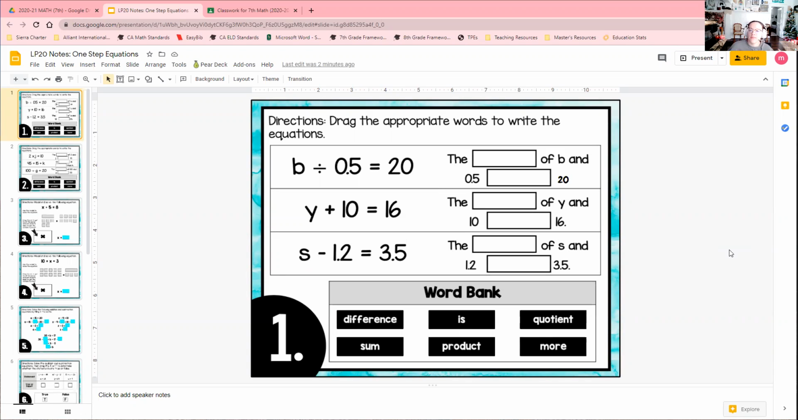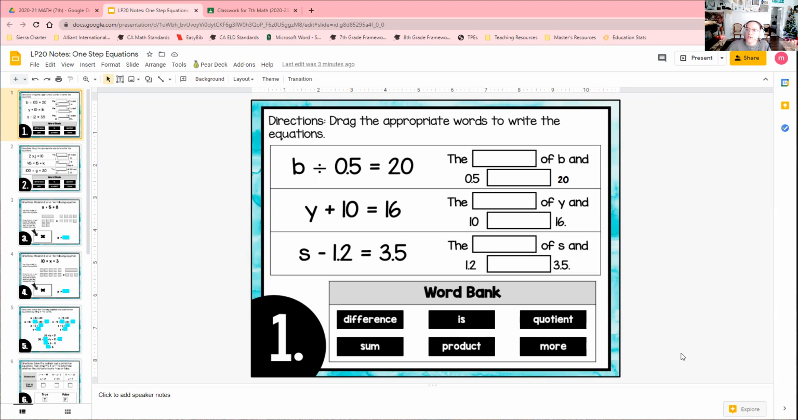So we're translating math back into English, making sure we understand what these equations are telling us and what these vocabulary words mean. In the word bank, you have difference, which is the word we use to describe a subtraction problem. We have sum, which is what we use to describe an addition problem. The word is, which we use in place of an equals, right? Equals tells us what something is. You have product, which describes a multiplication problem, quotient, which describes a division problem, and the word more,